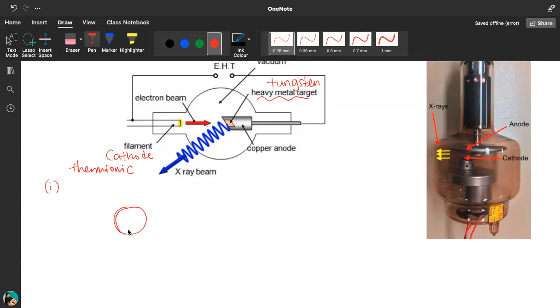heavy metal atom, right? So this is the atom of tungsten. And then you have this high-speed electron coming. These electron, when they pass by the atom, because of the electron in the atom of the tungsten, they don't like each other, so they'll try to repel it, they'll try to slow it down. Okay, so there's forces acting on it, trying to slow the electron down. This accelerating electron, this electron that is coming towards it, will be deflected, it will be slowed down,